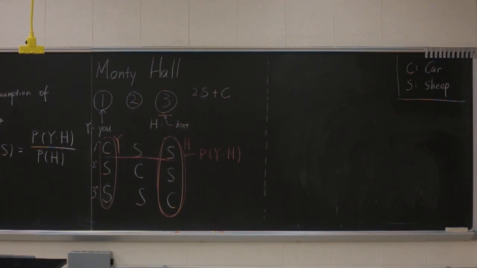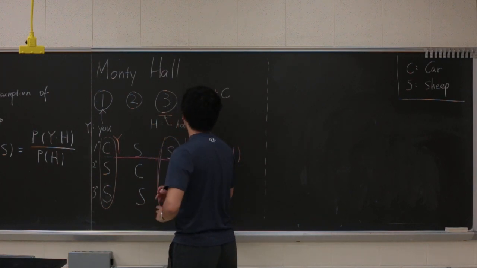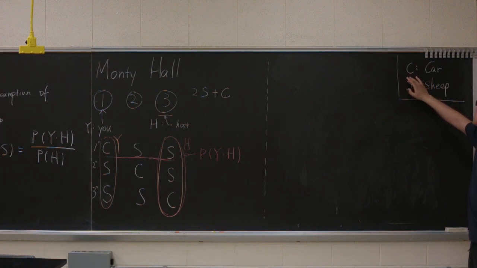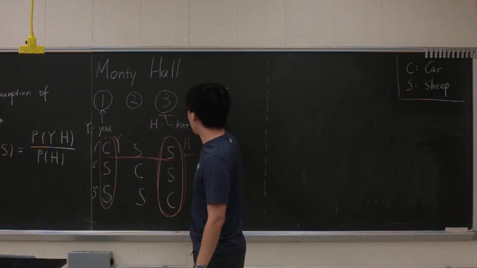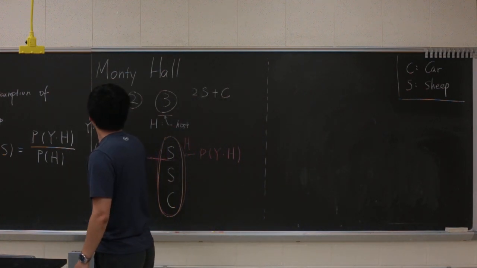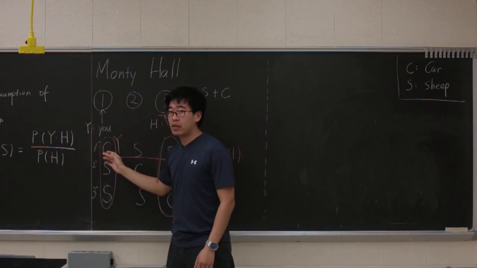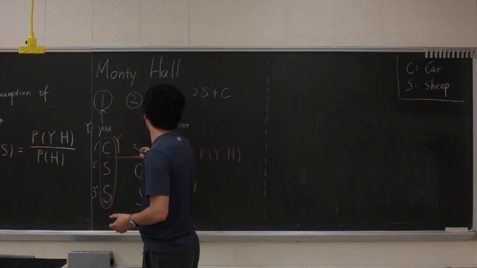Right. Let's talk about the Monty Hall problem. First, let's talk about notation. C stands for car, S stands for sheep. So we have two sheep, one car, and three doors. You choose one of them, and after you choose, the host reveals one